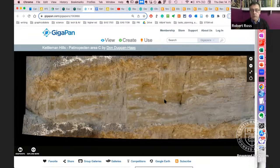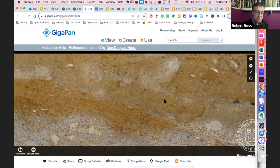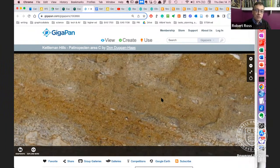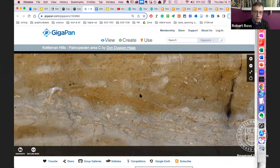Now, if you're a geologist, what would you do? Well, every geologist might be a little different, but I think typically a geologist would stand back, kind of look over the texture and pattern of the whole outcrop, and then you'd walk up and look at specific parts of it, maybe specific layers. So I can zoom in on this, and notice I can zoom in and zoom in and zoom in to the point that I can see individual sand grains and individual fossils. Of course, I can't pull them out of the wall. That's the primary limitation. I can't actually collect a sample here,